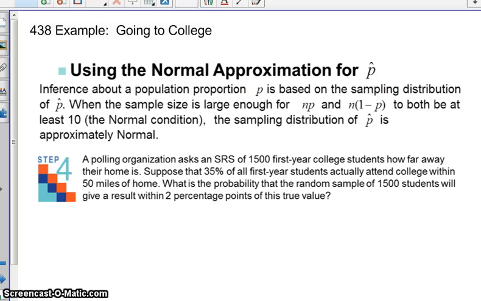All right, using our normal approximation, I'm just going to go through this one quickly because it reviews our 4-step process. We've got an organization, 1,500 first-year college students, and how far away their home is. 35% is your population proportion. Say they live within 50 miles of home, or their school is within 50 miles of home. What's the probability that a random sample of 1,500, so there's your n, will give a result within 2 percentage points? So 2 percentage points below,